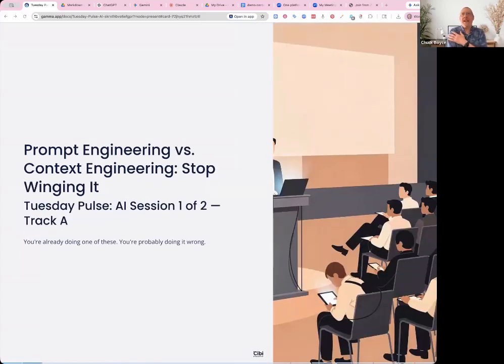So why do you want to use either one? You're already using them, whether you realize it or not, and you may be doing it wrong, but there's really no right way or wrong way to deal with AI. Most AI training stops at the prompts. In previous episodes, if you've looked at any of them, there's a format to a prompt. The more context you give, the better the result.